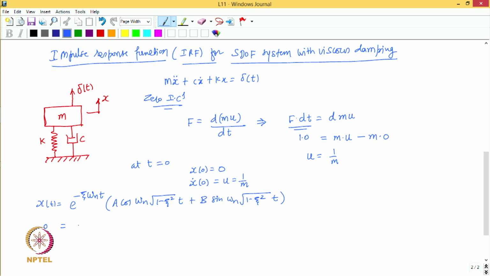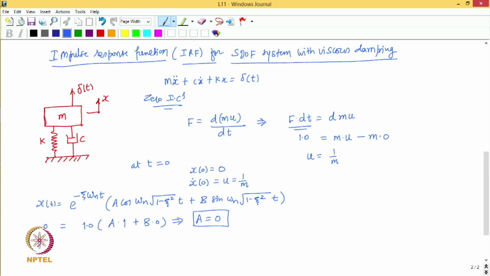So, if you impose the first initial condition, the displacement is 0 at t is equal to 0, then we basically get 1 here, then a into 1 plus b into 0. So, this basically leads to the value of the first arbitrary constant, which is a, that is 0. So, there are two arbitrary constants a and b, and we are determining those constants using these two initial conditions. So, the first constant turns out to be a is equal to 0. Now, the second constant,